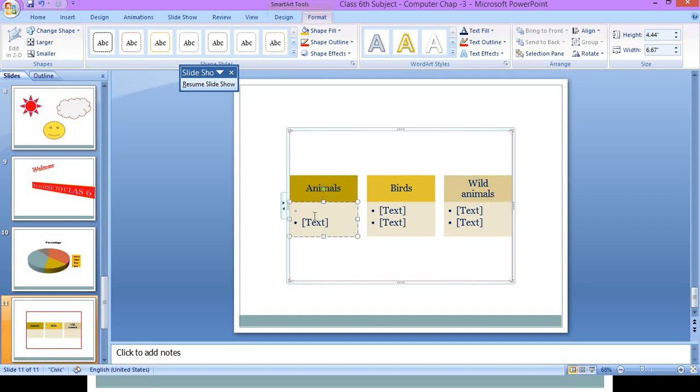We can use this chart, like here animals, like here I will show domestic animals like cow, buffalo, birds, and wild animals.